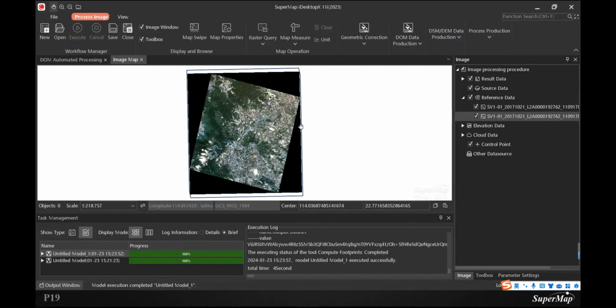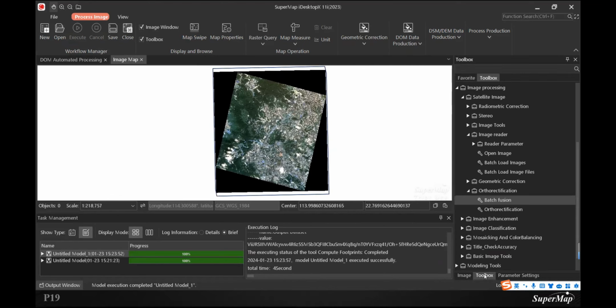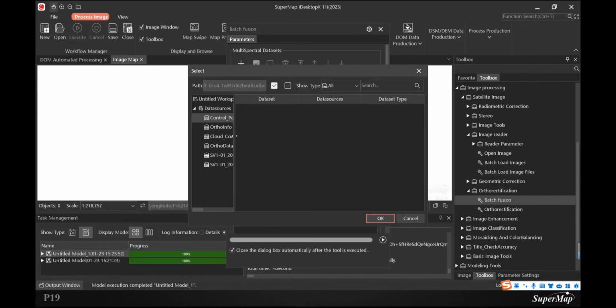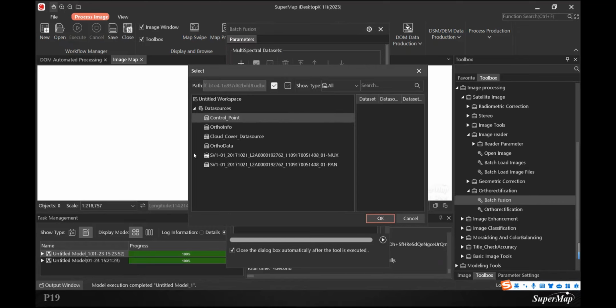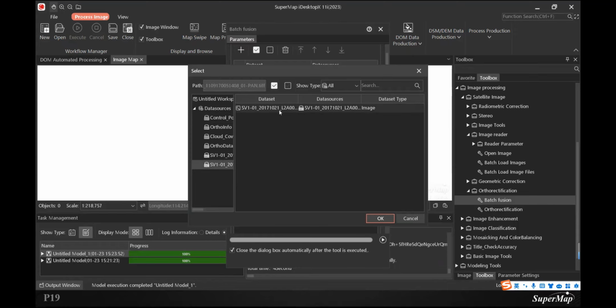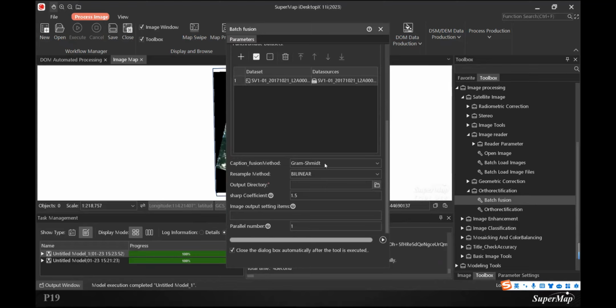And for now, we only get one view of the SuperView data. And find the tools again and double click on it. And for the multispectral dataset, we can select this data. Click on this and click OK. And for the panchromatic dataset, click this one and add it to the list. Right there, we can select the fusion method,